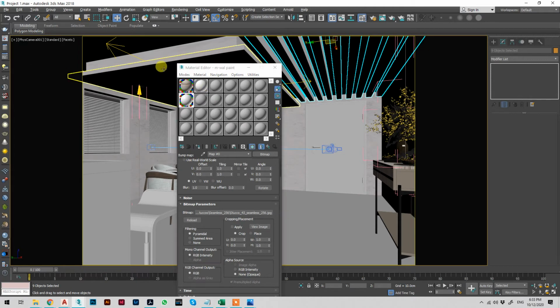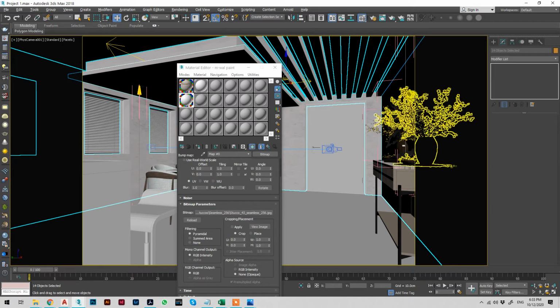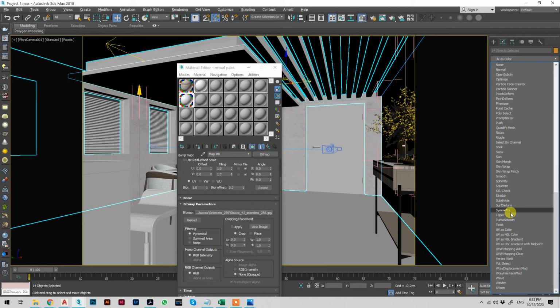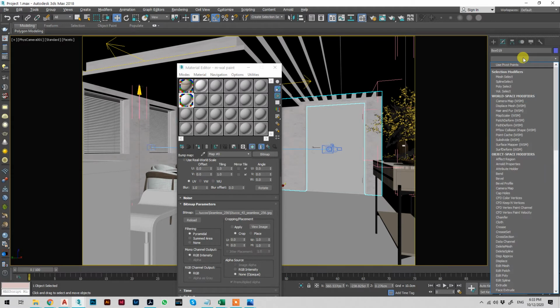So I will select all the objects and I will add UVW map once to all of them, or you can add it to one of them and then you can drag it as we discussed in the class. So UVW map, sometimes it will not show here. This means that you're selecting something that you cannot add UVW map to. So if you don't know what you did, you can just select one of them, add UVW map,